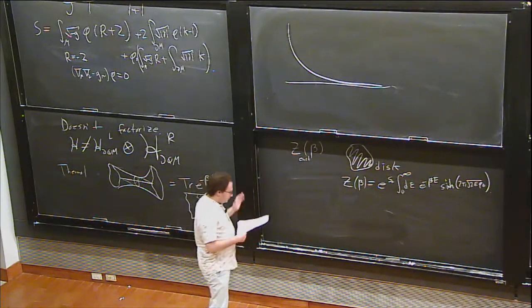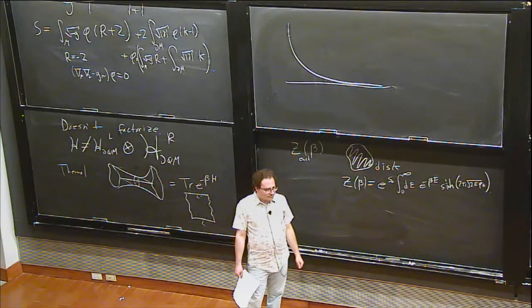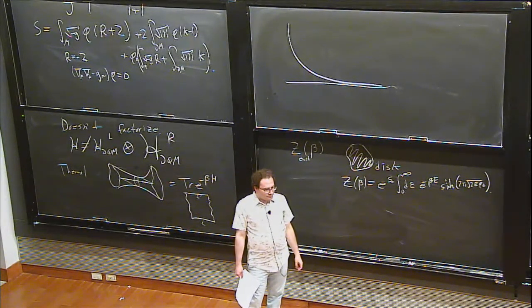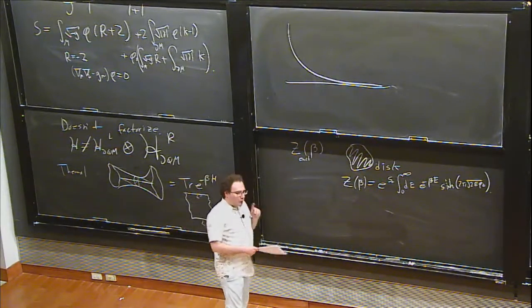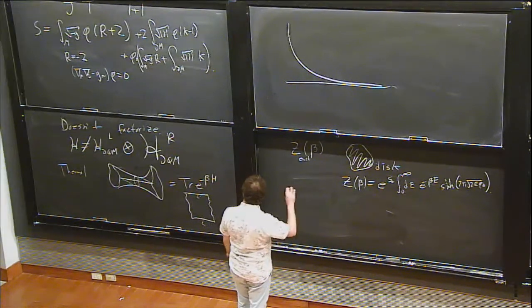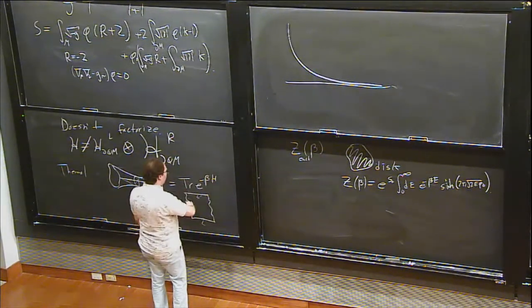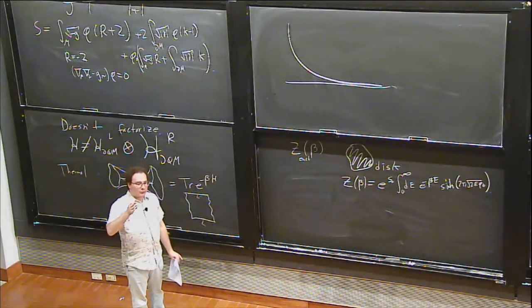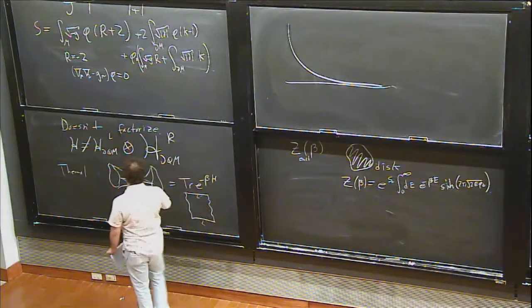Okay? But you could try to interpret it as a thermal trace in quantum mechanics if you associate quantum mechanics with the property. Right. So that's exactly what I'm going to say next. But it doesn't work. But it doesn't work in an interesting way. So let me try to make that a little more precise. So we said that all of the dynamics was about the location of the boundaries. So we should have been able to write this Hilbert space